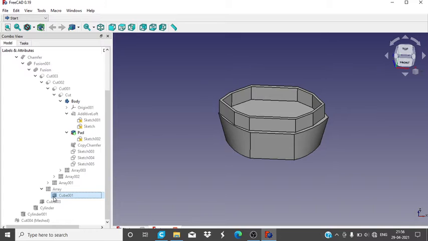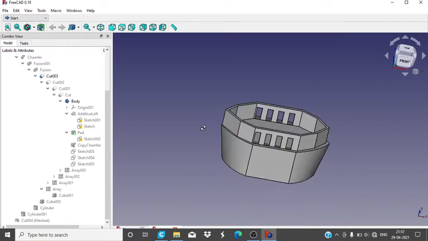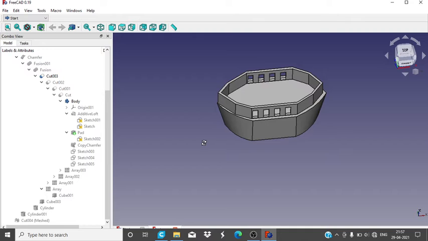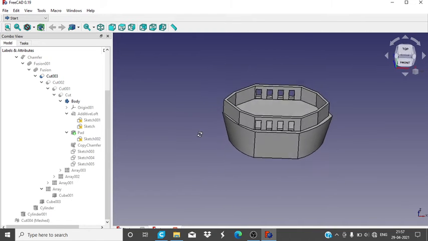So what I have done is I have inserted a cube like this, and then I have used the array operation to replicate those cubes. The same I have done for this face also. By using the array operation, I have replicated the cubes in this face, and then by using the cut operation, I have cut out those cubes and hence excluded these cubes from this part, as you can see now. So after completion of all the operations, the structure will look somewhat like this.